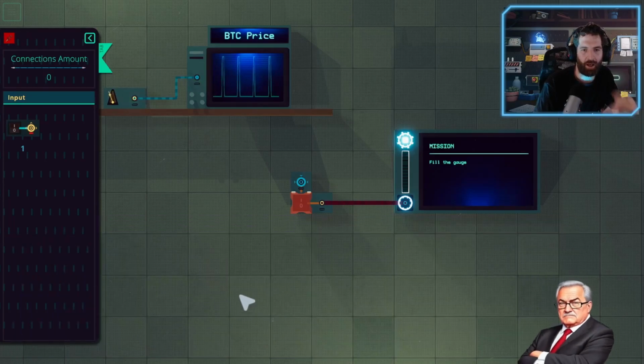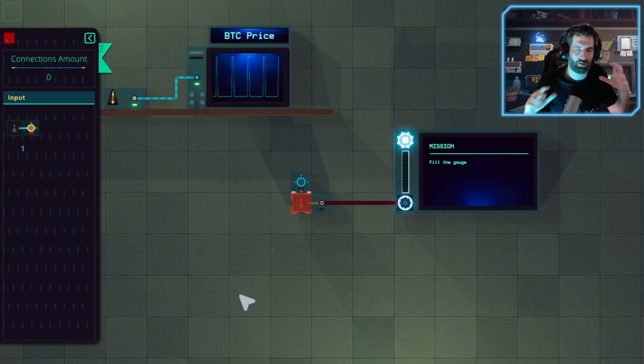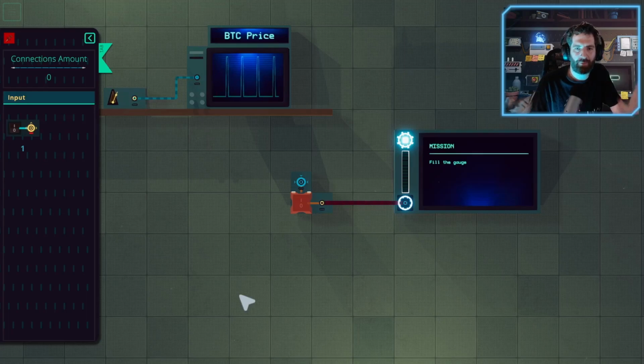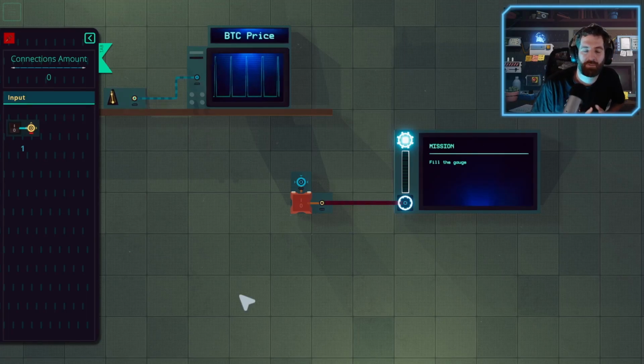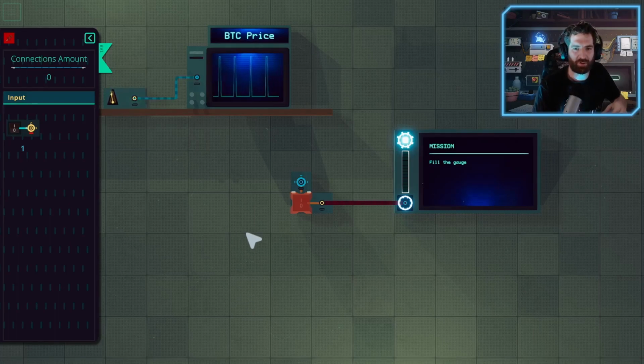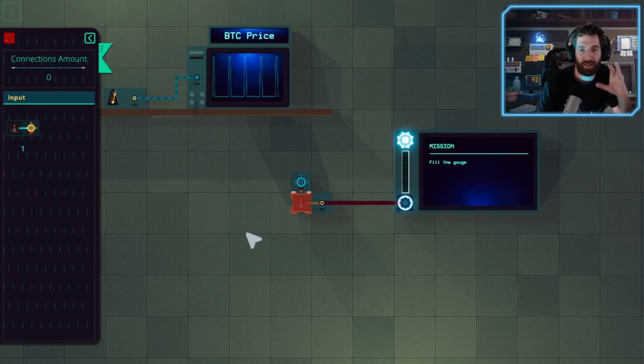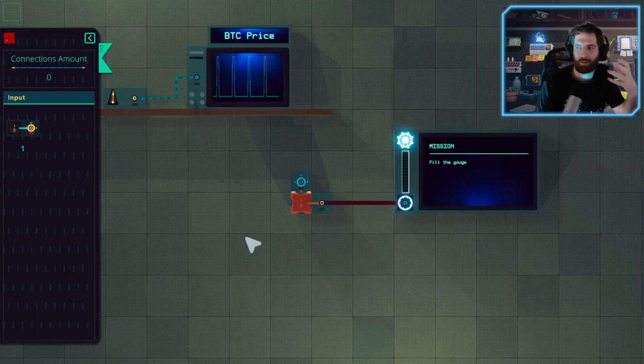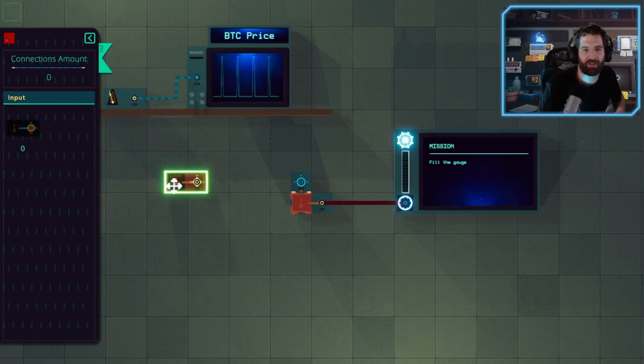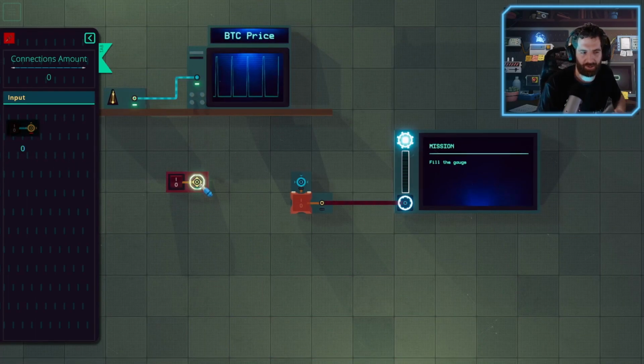It's something I really like about the game, that there is no one solution for the puzzle. Every puzzle has multiple solutions, and I'm very amazed by the solutions found by the players. For me it's really important that every player can find their own solution. It's the sentence, think outside the box. Some players have already found solutions that are really outside the box, and it's really impressive, and I really like that.